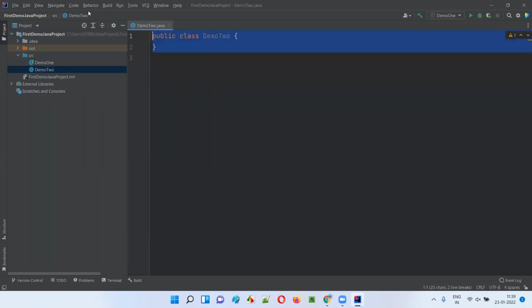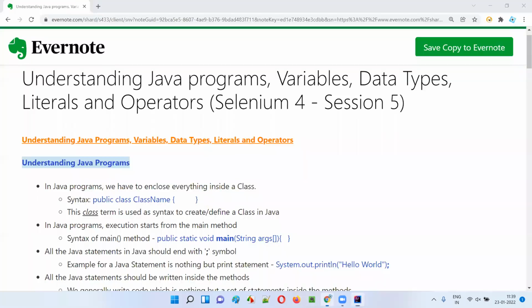Okay, but here again IntelliJ IDEA is auto generating this code for us. I'll remove this code, guys. Okay, I'll remove this code. We'll write from scratch, guys. Okay, each and every code that is required to be written inside this Java file, I'll explain and write from scratch. So fine. So first thing, before I start writing any Java code here, the first thing you have to